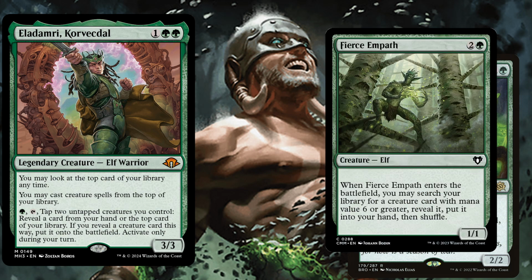We also play Fierce Empath, a 3 mana 1/1, and when it enters the battlefield you may search a library for a creature card with mana value 6 or greater, reveal it, put it into your hand and then shuffle. This little creature does it all for us. It finds a powerful creature into our hand, and in addition to that it also will be tapped for Eladamri's